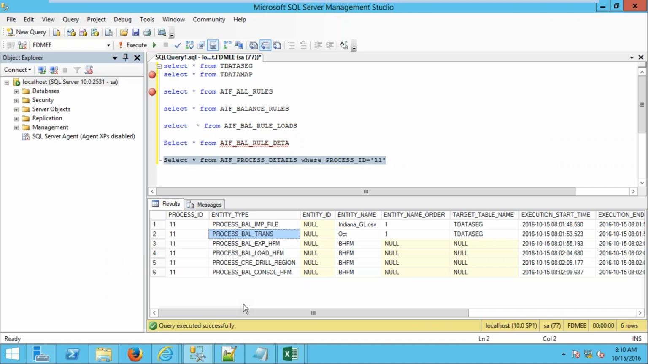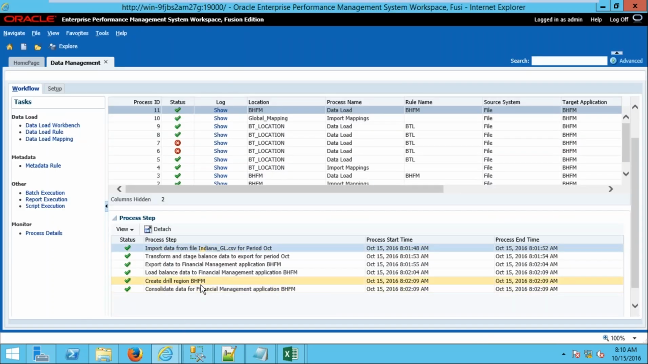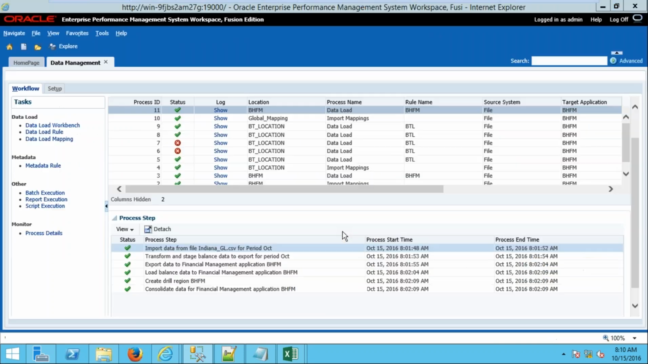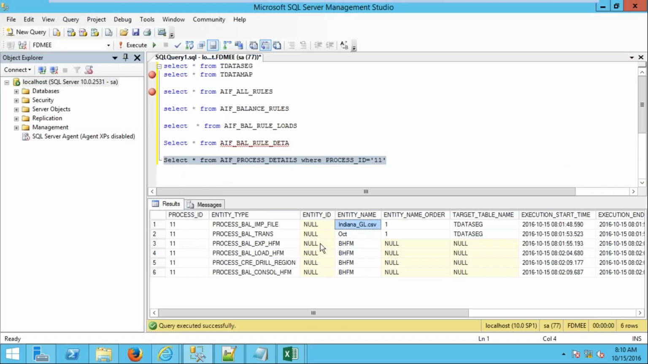This is transforming the data. For which period is it going to be transformed? October. Then it started process BAL HFN. So each process step is one table. So this table will be stored into a process, this column, entity column, that is one column, that is entity type, and transform is going to be stored into one column,